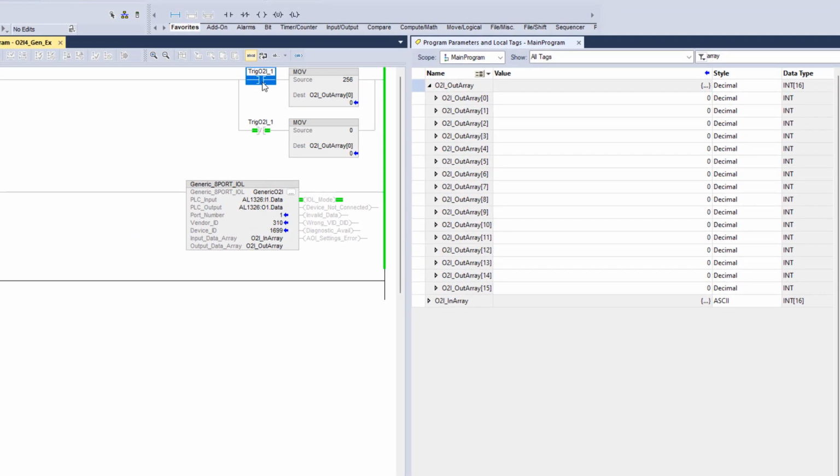In this example, the code will move the value of 256 to our integer, or in a Siemens PLC or other PLC, you might see that labeled as a word or 2 bytes. Because the trigger bit is the high byte, we need to write 256 in order to make bit 8 go high. When we do that,